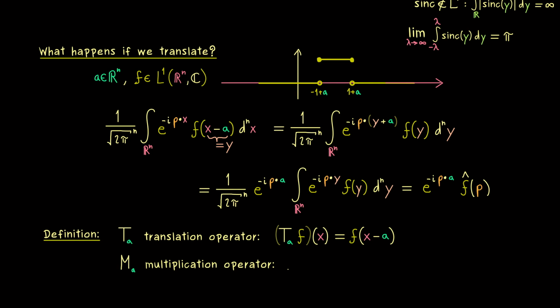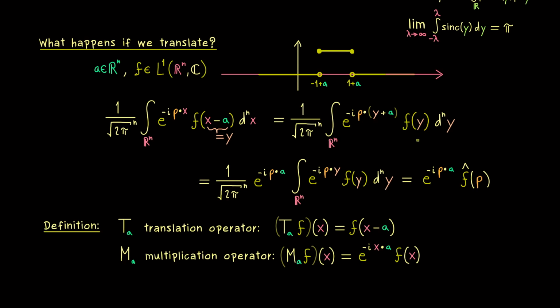So this one should also be a map that acts on functions defined on R^n. And obviously it does not matter if we call the variable name p or x, so let's keep it simple and stay with x here as well. Therefore what we get here is that we multiply with the exponential function that has x and a in the inner product. And as before, this should just be a factor for the original function, which we now call f of x. Okay, and now with the help of these two new operators, we can describe the identity from before